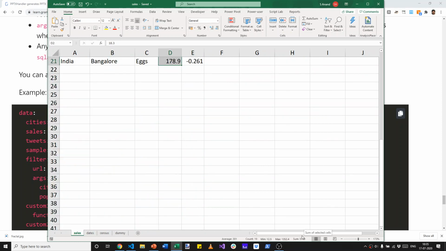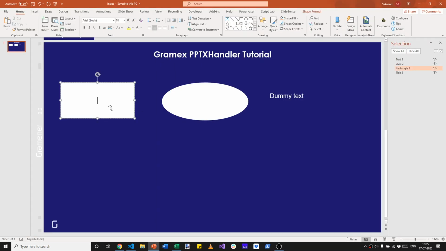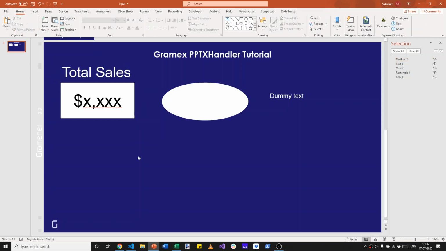That's about $5,719. So what we'd like to do is on the input sheet here, put in the number, let's say 5,719 or whatever is the number in that particular year as a big figure. And it would also be nice to say that this is the total sales. So we'll put that in as total sales, make it whiter so we can read it, center it so that it's aligned and it looks like a KPI block. So given this target output, how can we change the XXXX to the number that we want?